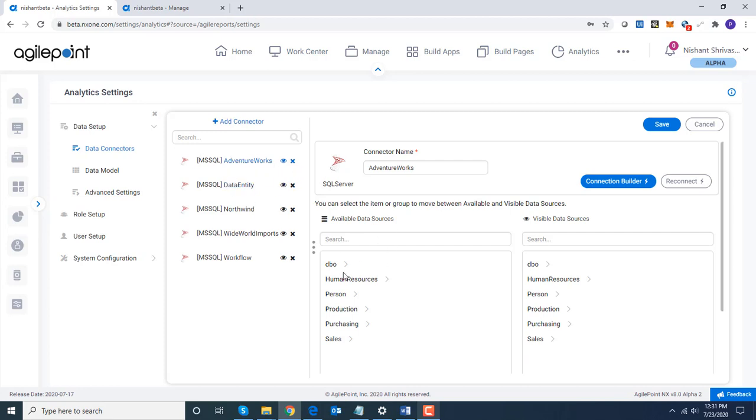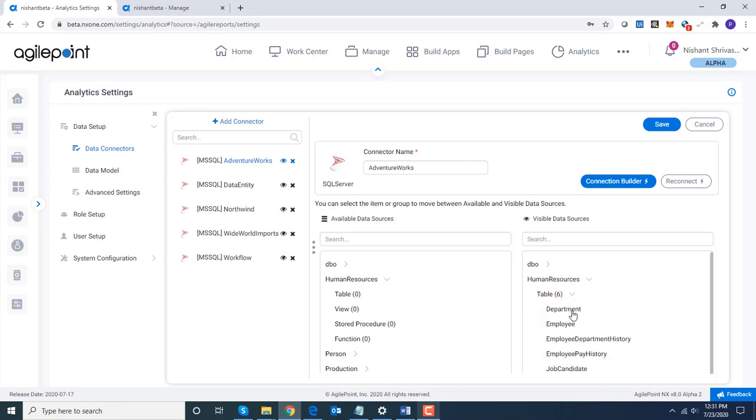If I select the connection, the next thing I would notice is there is a list box called available data sources and another list box which is called visible data sources. So within this connection, there are various database schemas which are available, and I have precise control over which schemas would be exposed to my end users. I'm building the root schema over here. So in my case, I have already added all the tables to the visible schema. So you see the count over here as 6.